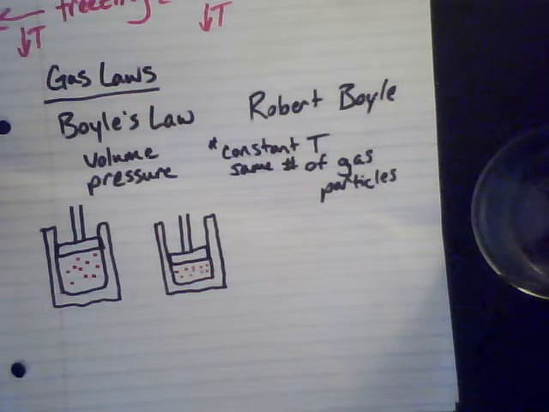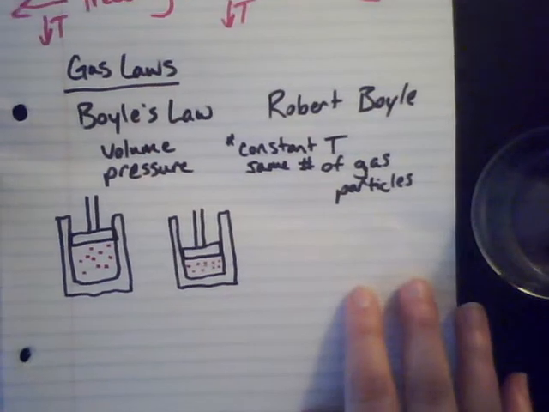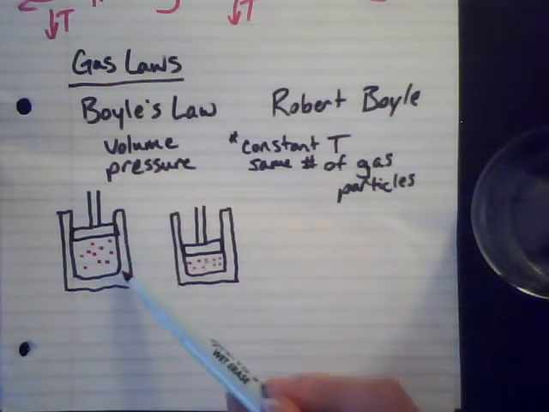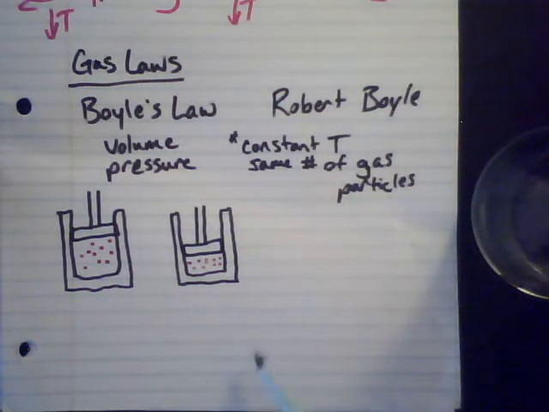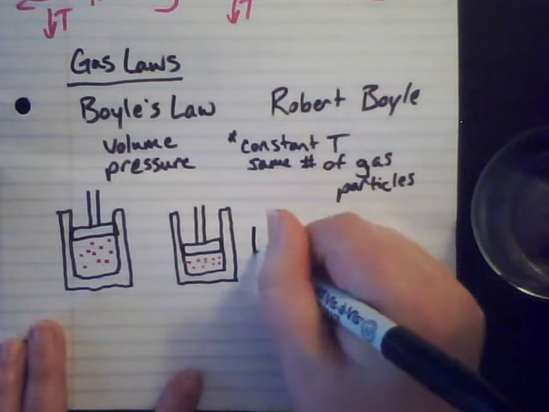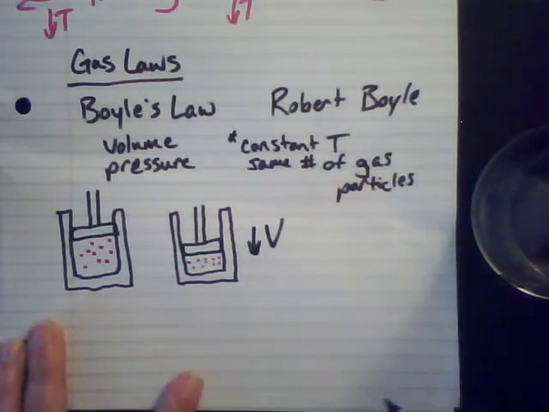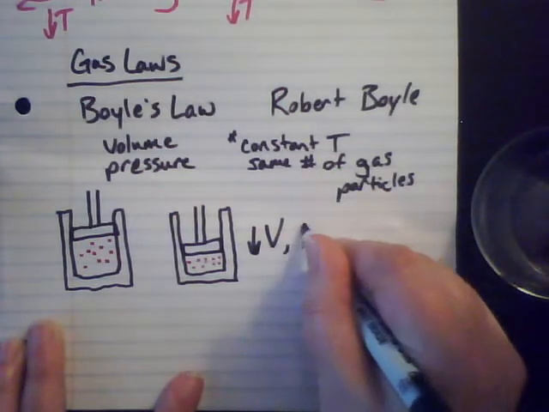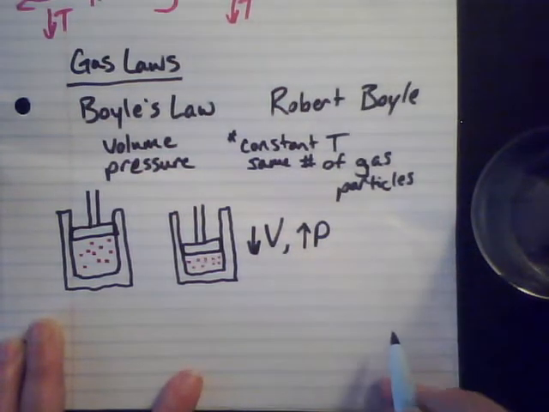And now what do you think happens to the pressure when I do that? So give that some thought. You make the volume smaller. What happens to the pressure? So I decreased my V for volume there. And hopefully you're thinking, all right, well, it has less space to move around in. That means these things are going to be knocking into the sides of the wall faster. They're going to be knocking into each other potentially faster. So you decrease the volume. That must increase the pressure that the gas is feeling.